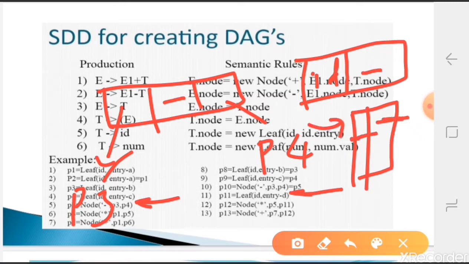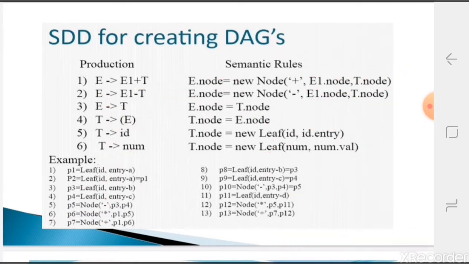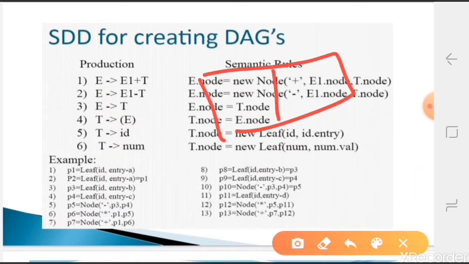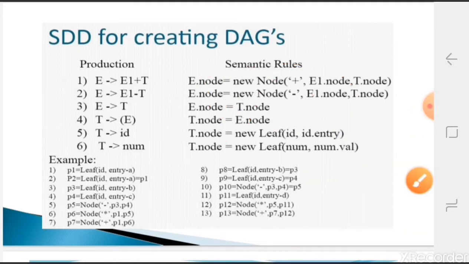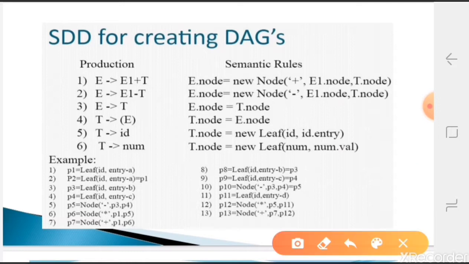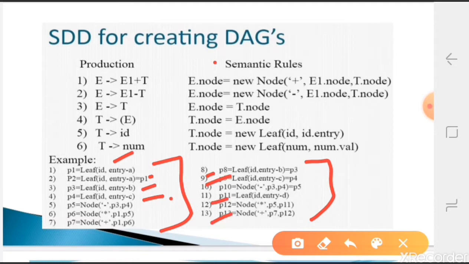So it has to refer to the symbol table entry. If, instead of this, a direct value is there, then it will take num, the value directly from the lexical analyzer, it will read the num value directly. This is how we will create the nodes and implement it. All these things are implementing a tree using a linked list. These all are nodes of your linked list.